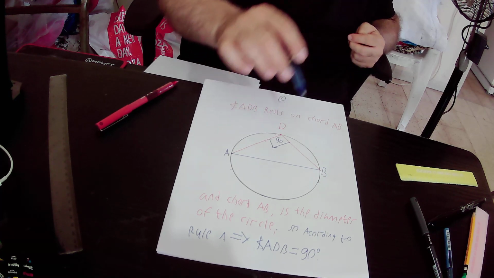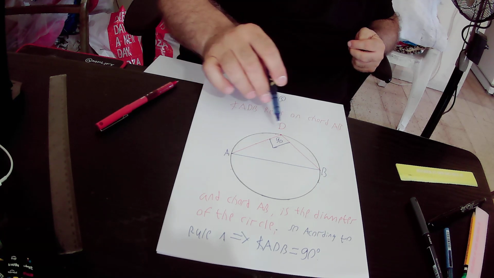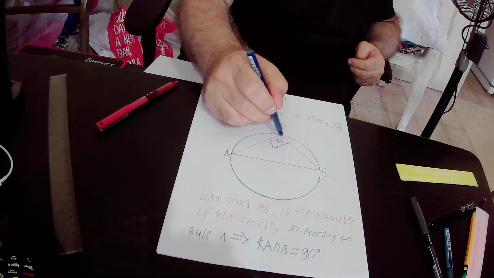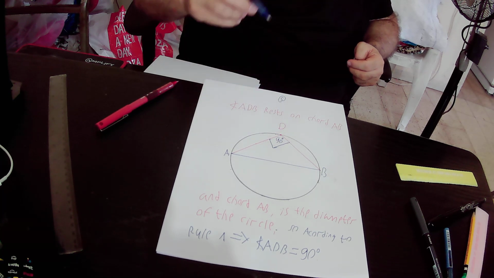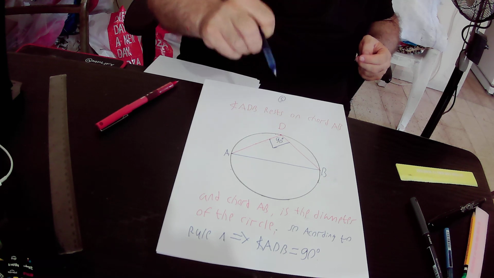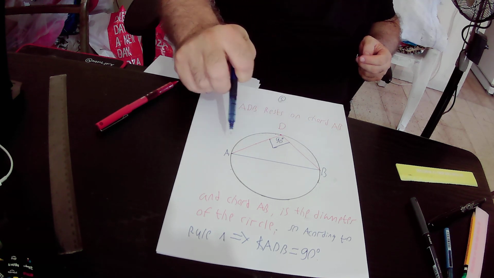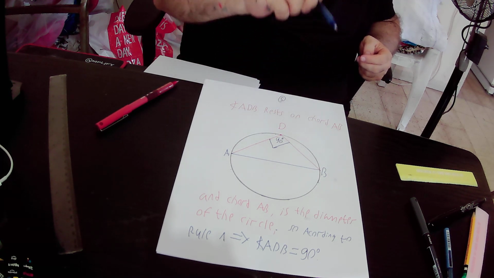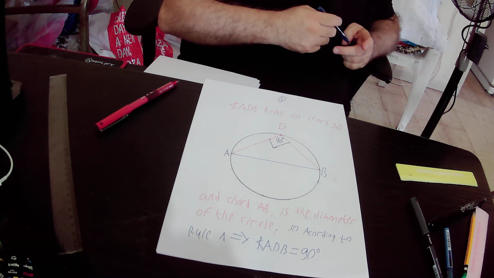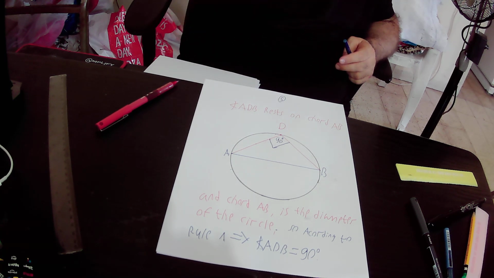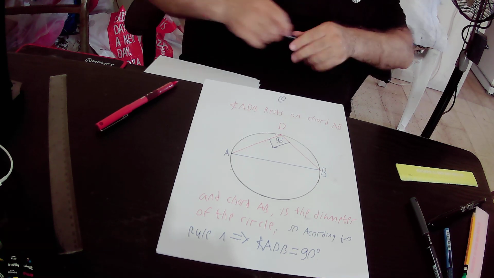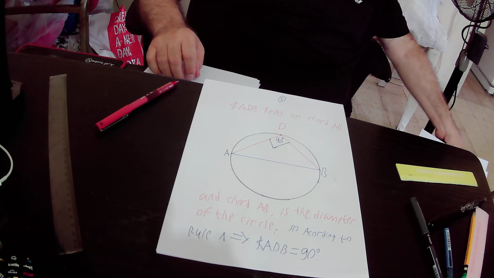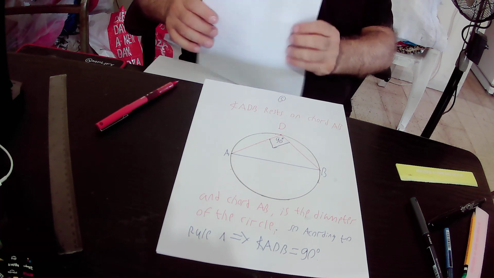For that reason, according to rule number 1, peripheral angle ADB equals 90 degrees, and actually any other peripheral angle that rests on the diameter of this circle, that is to say on chord AB, will be equal to 90 degrees according to rule number 1. Okay. So actually we can implement this rule in our circle